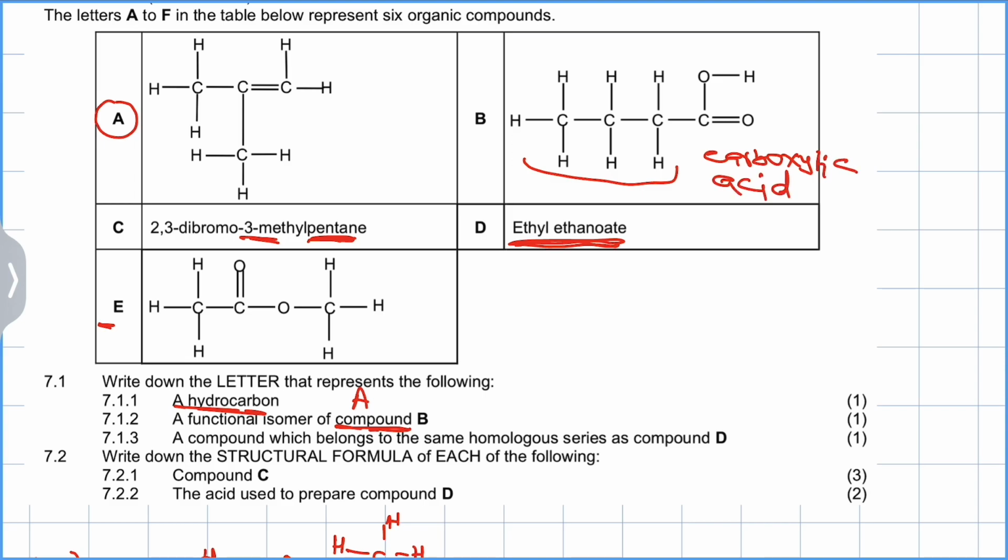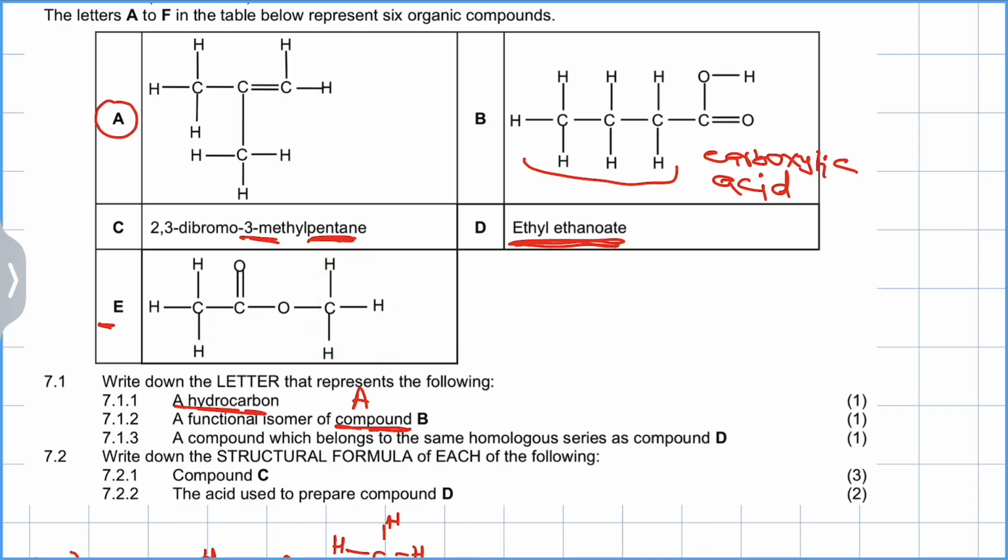So the functional isomer of a carboxylic acid is what? It's an ester. Is it going to be this ester, the ethyl ethanoate, or this ester, which is methyl